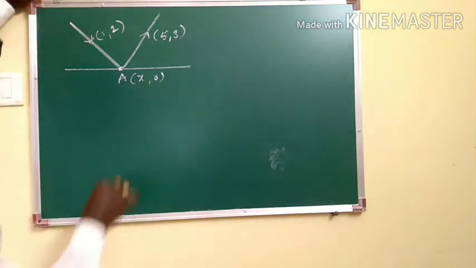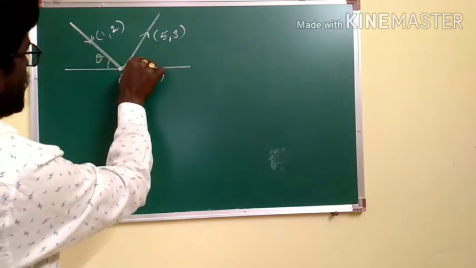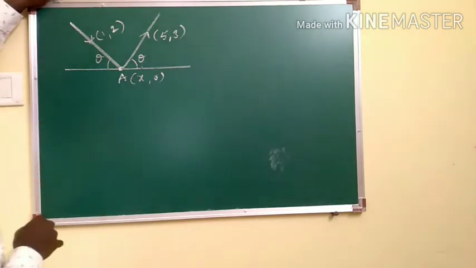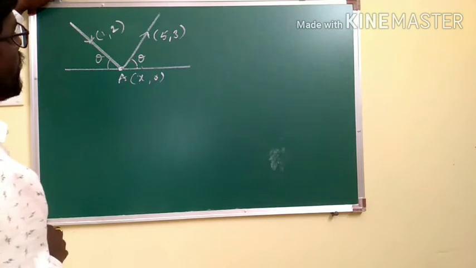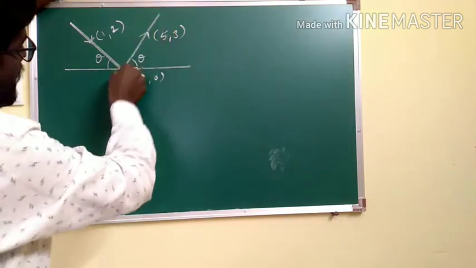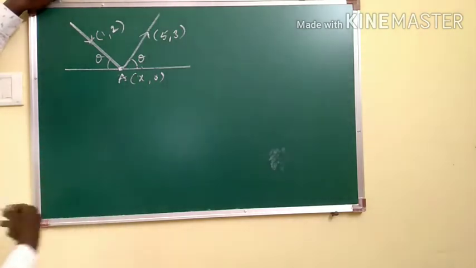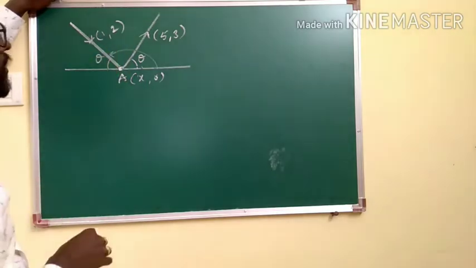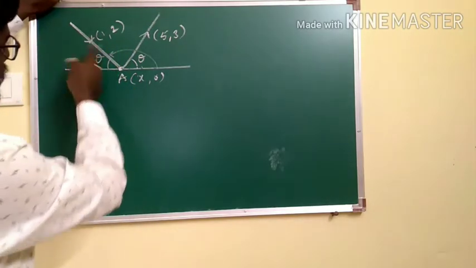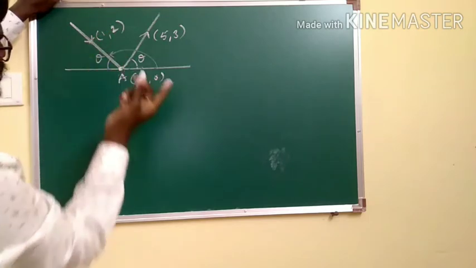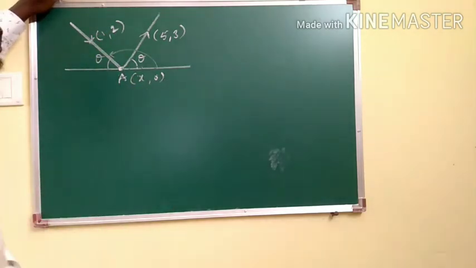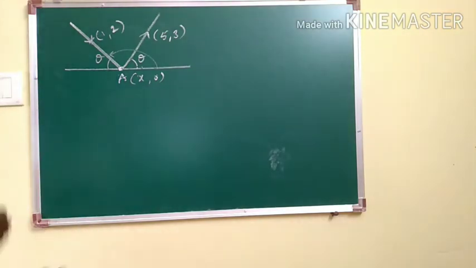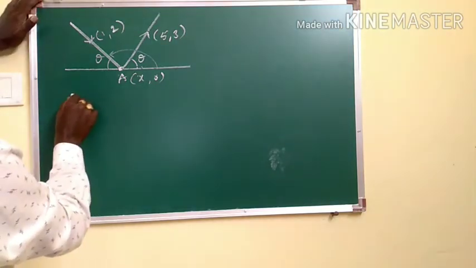You know very clearly that the angle of incidence is equal to the angle of reflection. Okay, and if you take the slope of this particular line, tan theta will be y2 minus y1 by x2 minus x1, and the slope of this particular line is going to be 2 minus 0 by 1 minus x. Both are going to be equal according to the concept. Okay, therefore what concept is applied here? First we'll be taking the slope of